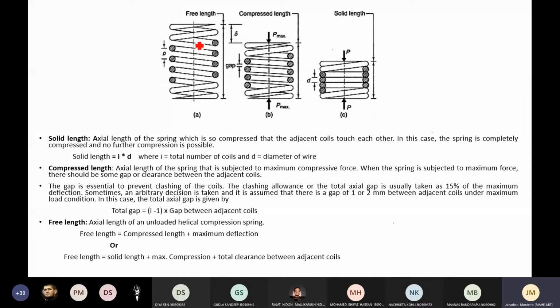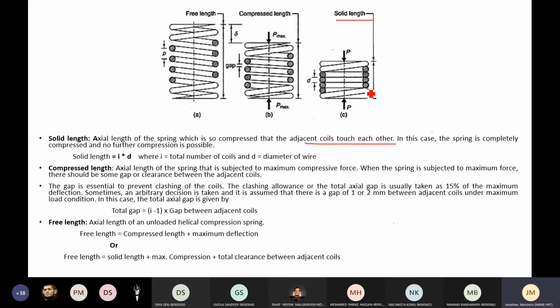In the unloaded condition, the coils are equidistant from each other, and in such a case we understand the pitch length between each adjacent coil. So that is called the pitch. Suppose you begin compressing. You put enough load such that all the coils move together, and the gap closes in. It becomes closer and closer, and finally it will achieve something called solid length. Very easy to understand. It is the axial length of the spring when the adjacent coils touch each other.